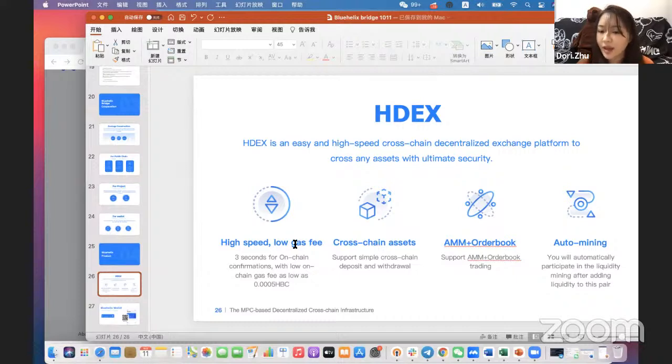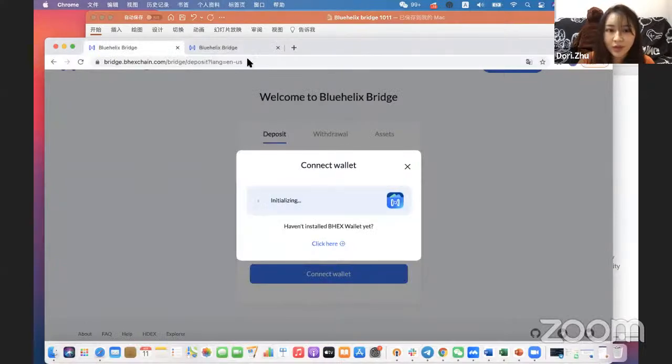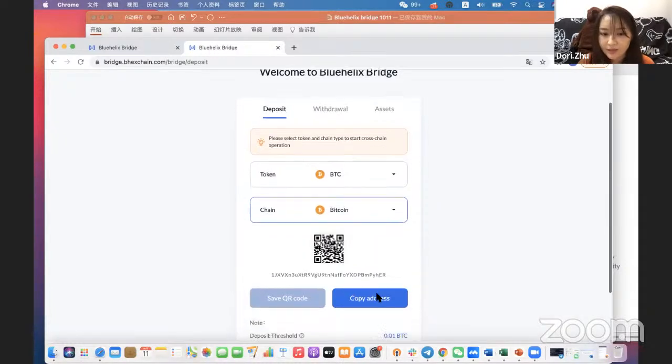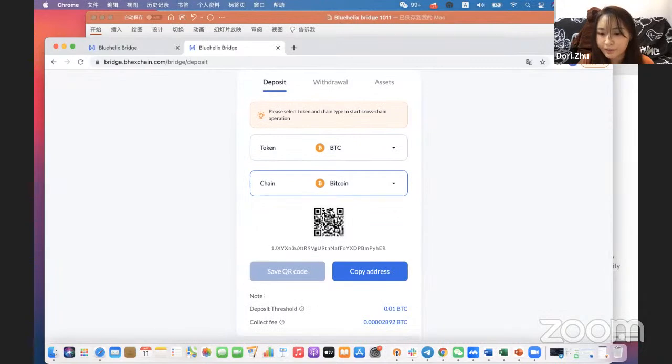We support AMM and order book trading. It's a quite high-speed decentralized exchange. So you can choose our HDEX to get enough gas fee for your cross-chain process.